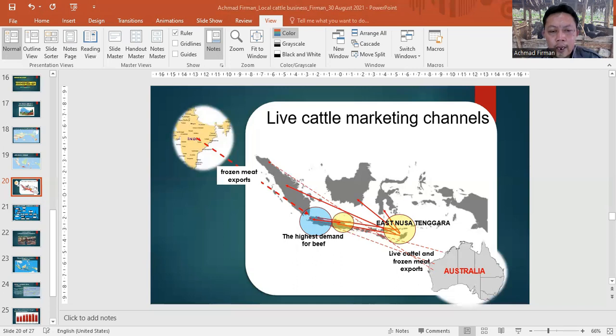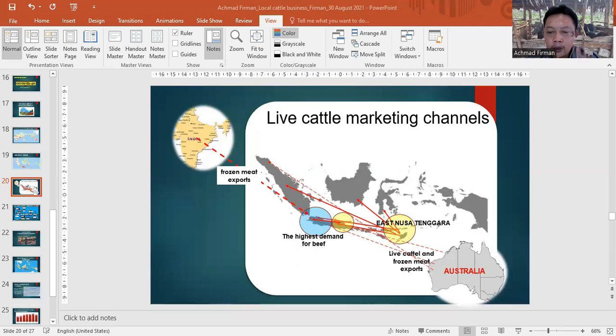Australia is one of the exporting countries for live cattle and frozen meat for Indonesia. The total live cattle exported to Indonesia is approximately 1.1 million heads per year, including frozen meat, which is converted to live cattle units. Thus, there is a large amount of capital flowing to Australia to buy live cattle